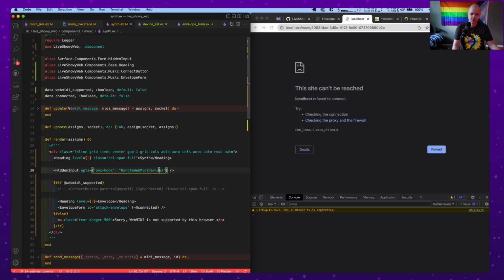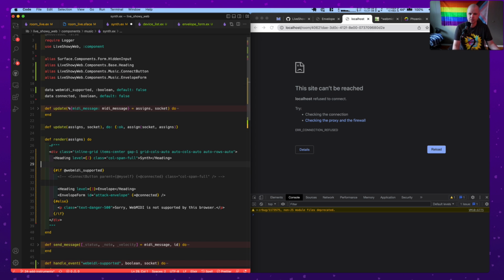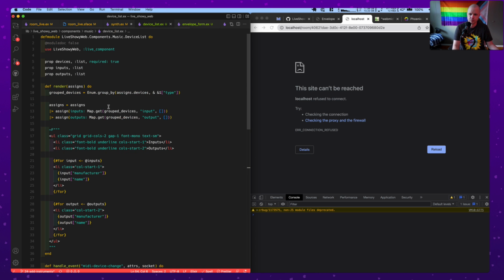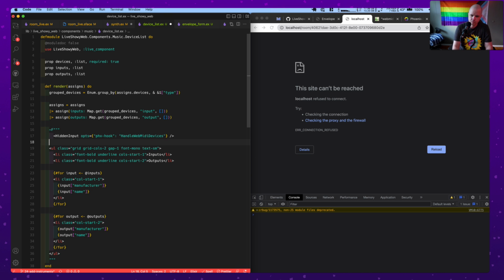I think that could be within the devices live component. But we will need